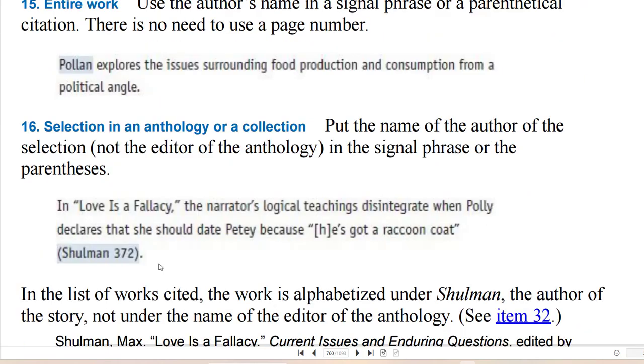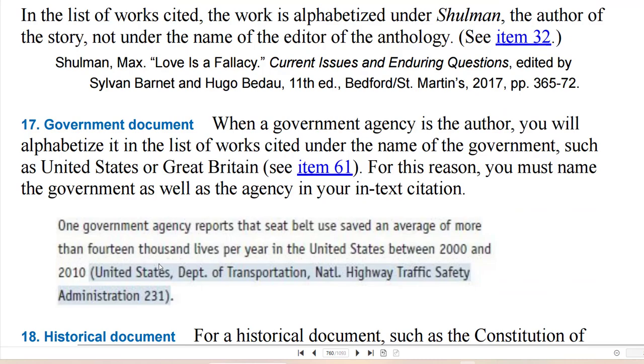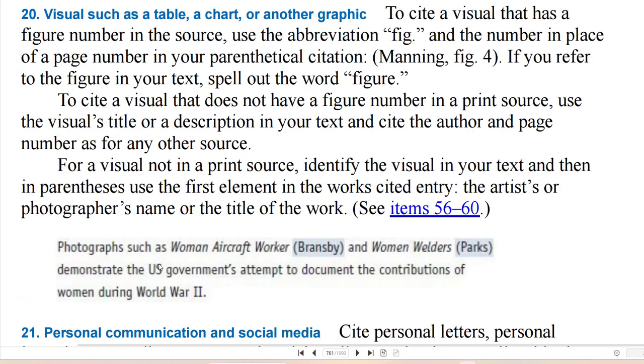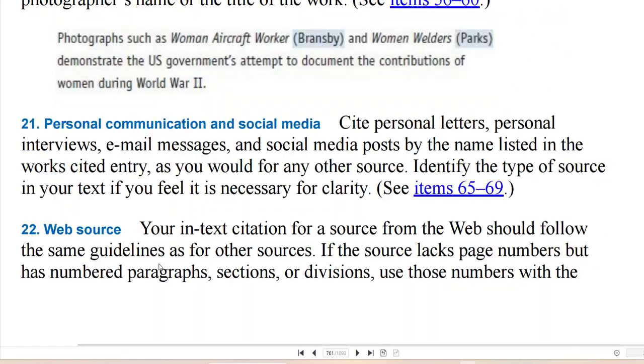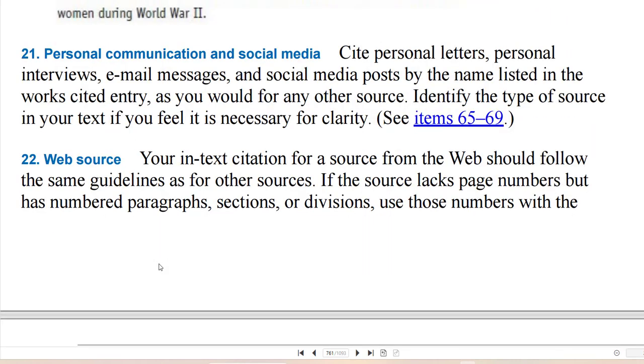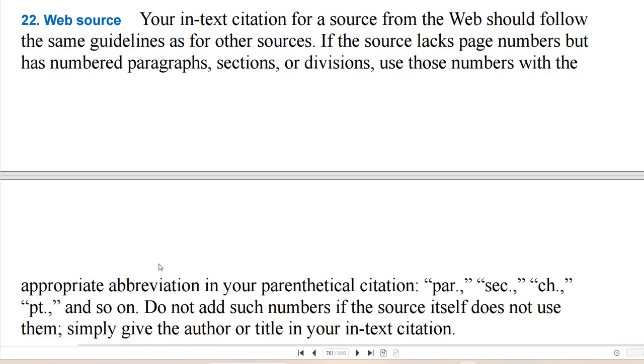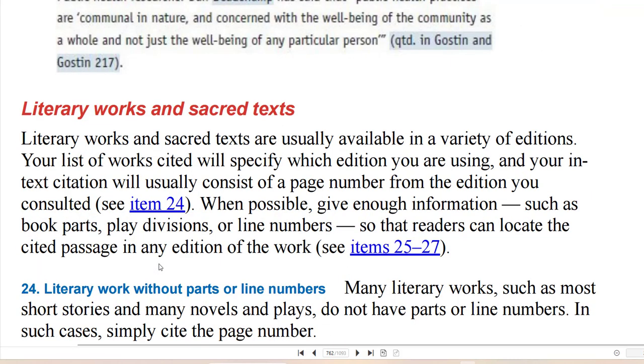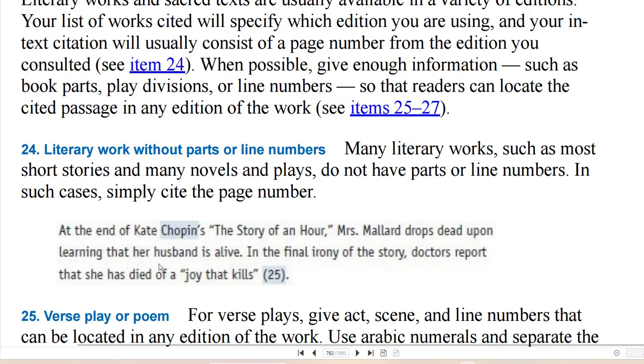And MLA only requires the date in its works cited page at the very end. It doesn't require the date inside the body of the in-text citation like APA does. So then if you have literary works and sacred texts, you have a slightly different way of doing it. But basically your in-text citation will always be the author's name and then